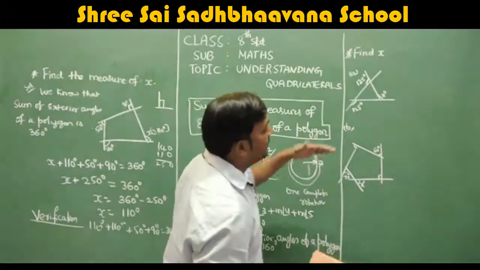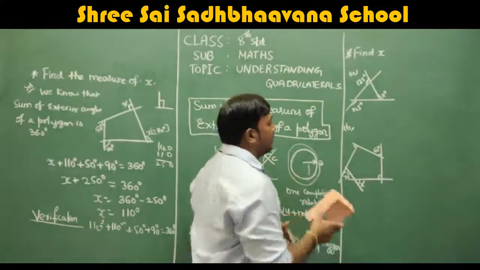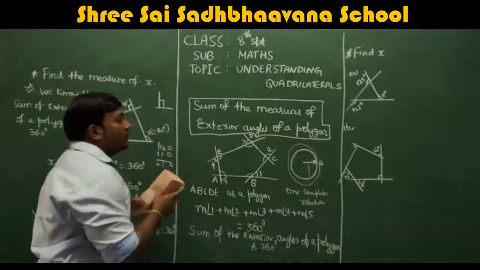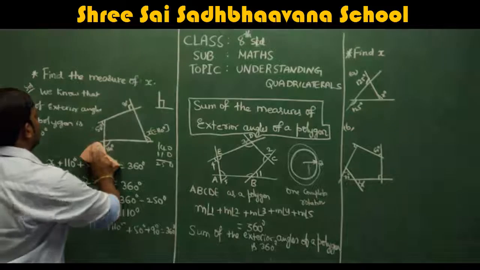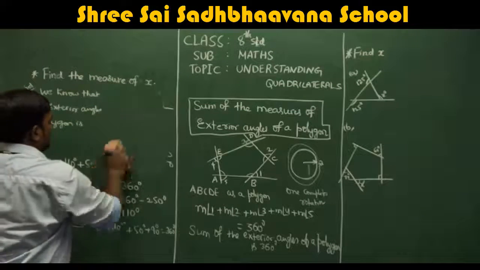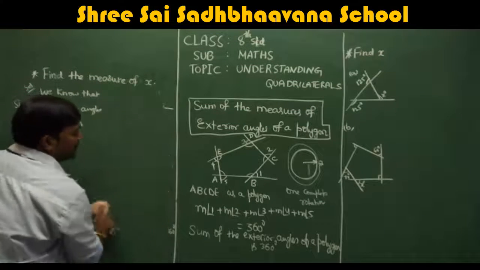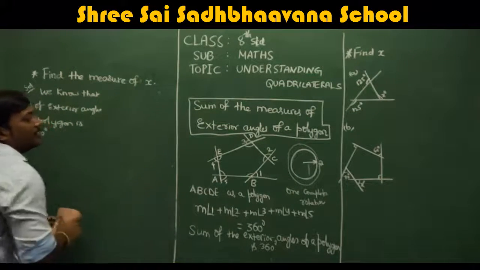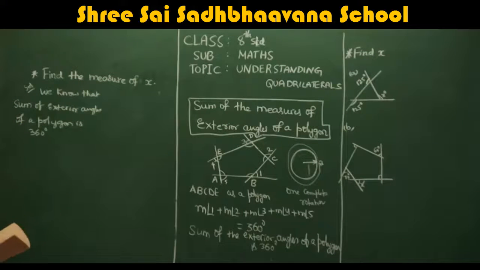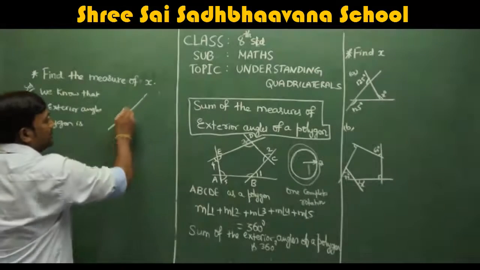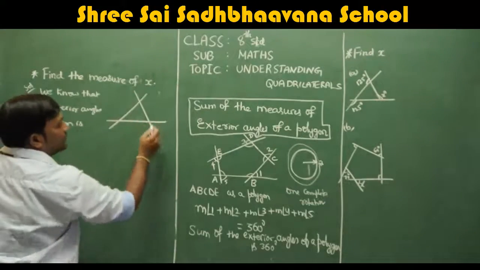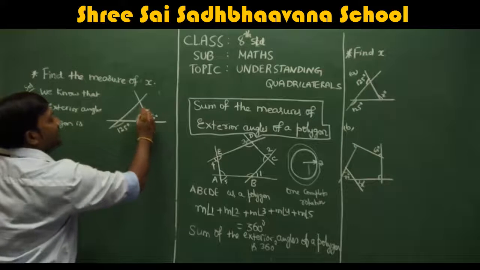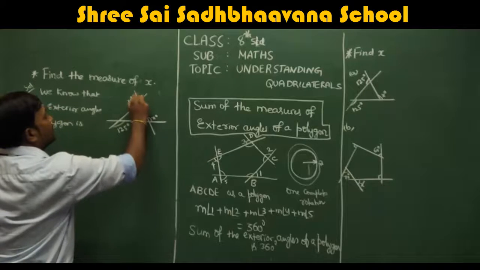This is also the same kind of sum. Remember the first sum here: find x. I'll just solve those sums here because we don't have space over there. I hope you can understand that here, because there is not much space there. If I do it there, it will be congested and you will not be able to see the explanation properly. So let me write that here once again. The rough diagram for that: this is 125 degree, this is x degree, and this is again 125 degree.